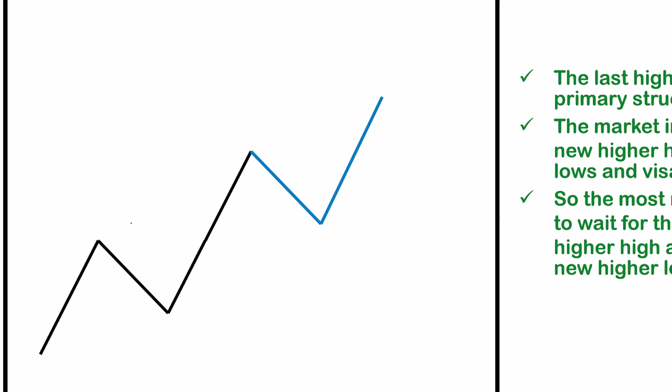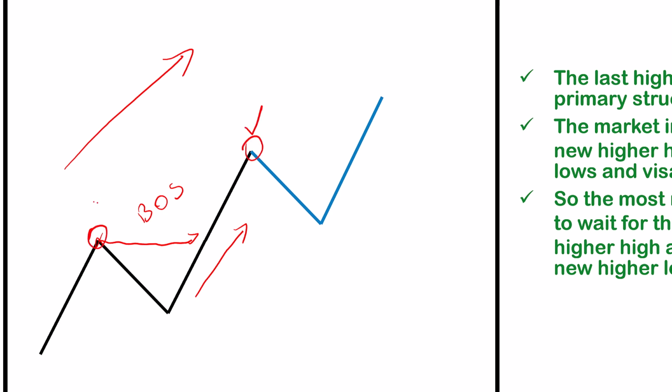For example, here we have our break of structure. At this point, it came and broke this structure, so we have our break of structure, or BOS. What does it mean? It means that the order flow of the market, or the current direction of the market, is to the upside. What is the higher probability trading setup that we can find? It's only buying setups. Why? Because we are in an uptrend, and what happens in an uptrend? We are making higher highs and higher lows. So here is our high and here is our higher high.